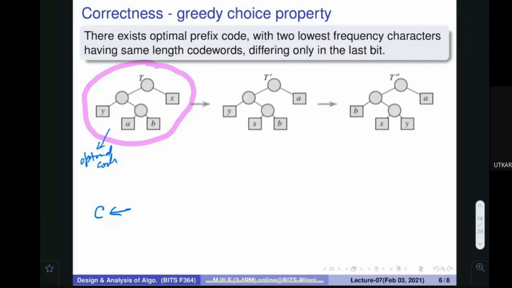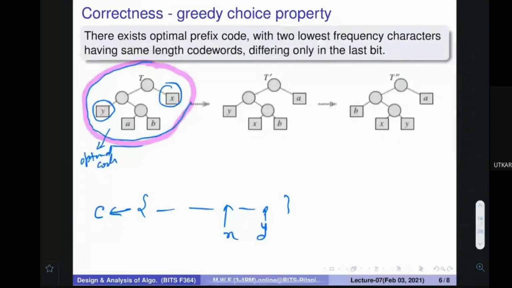Let's assume in this particular C, if you find all the items, the two minimum ones are X and Y. The items having the minimum frequency are X and Y. In the code that you come up with, X and Y are somewhere in between. It is possible that you can come up with that. Is this part clear?